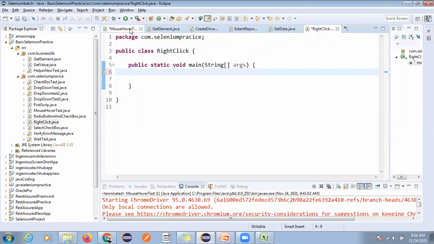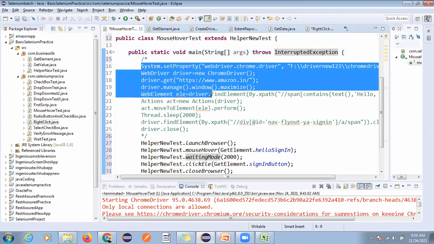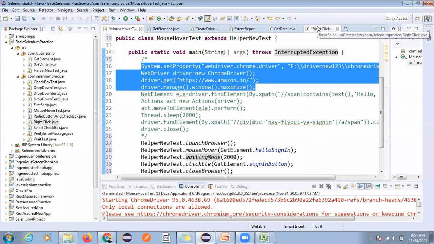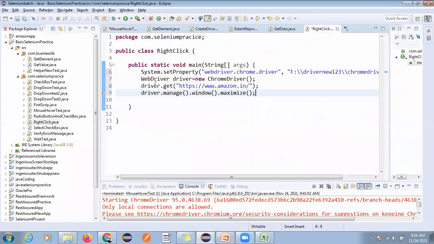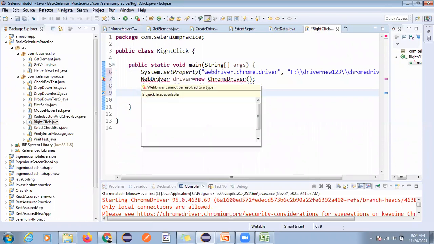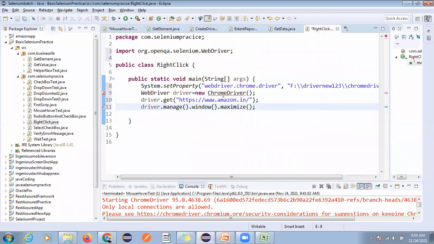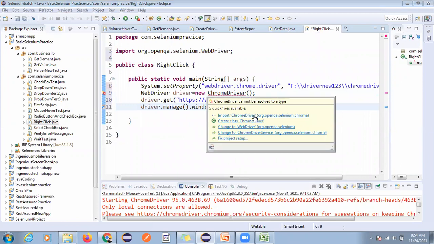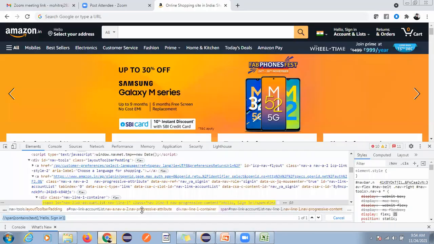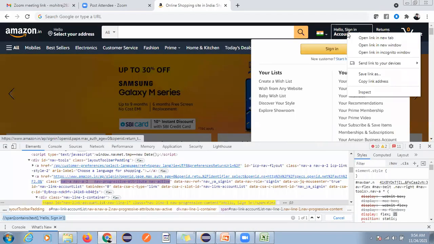Now this is the code, and here we have to perform a right click. If you go to Amazon, you can do the right click and you will get this.